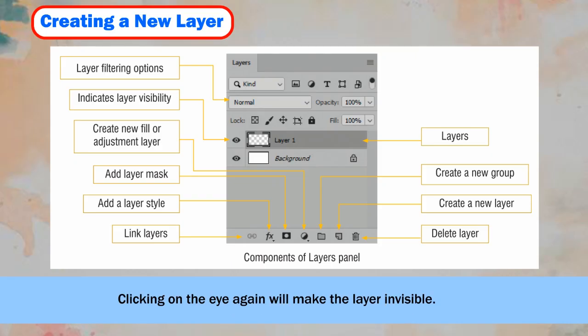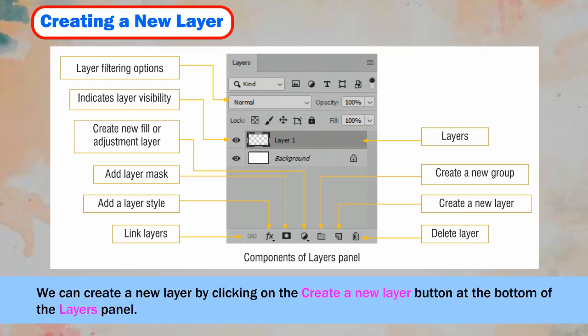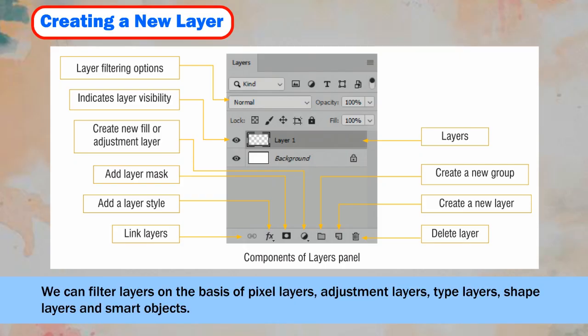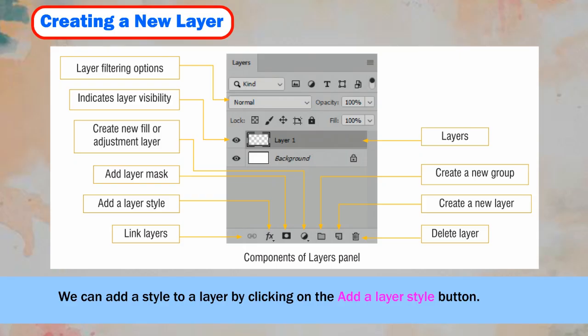Clicking on the eye again will make the layer invisible. We can create a new layer by clicking on the Create a New Layer button at the bottom of the Layers panel. We can filter layers on the basis of pixel layers, adjustment layers, type layers, shape layers, and smart objects. We can add a style to a layer by clicking on the Add a Layer Style button.